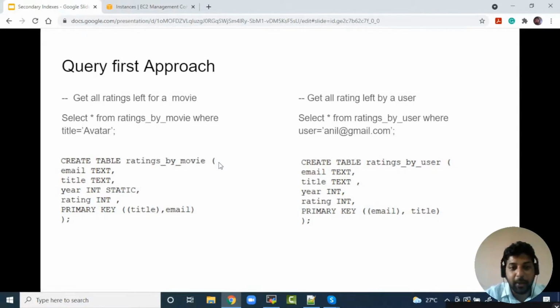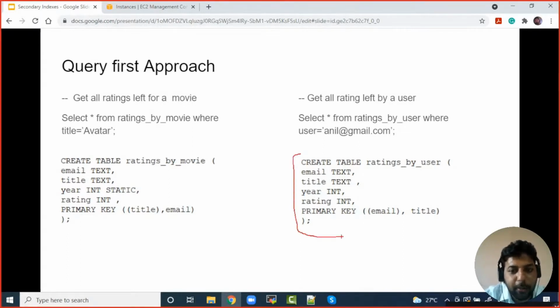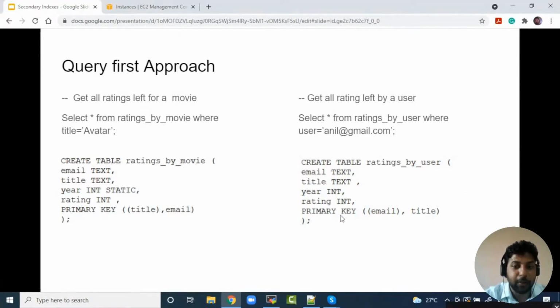If you want to look up by email, you have to create one more table with the same data. You need to duplicate it. That is the best way of fetching the data if you want to look up by email. I have already created this table and I'll show you how it works.